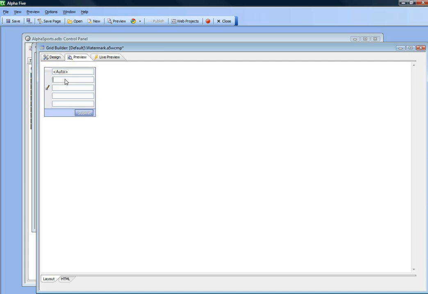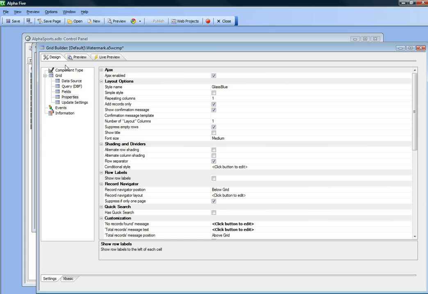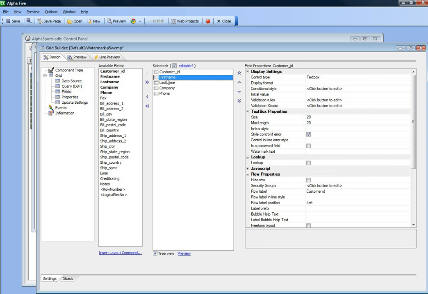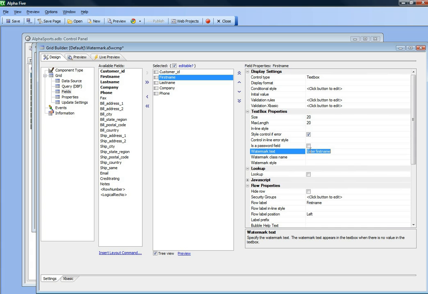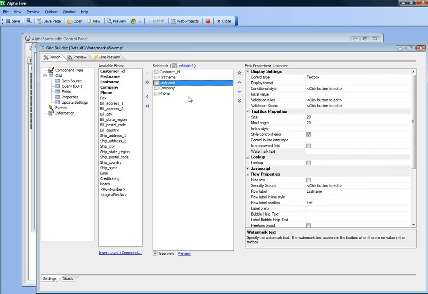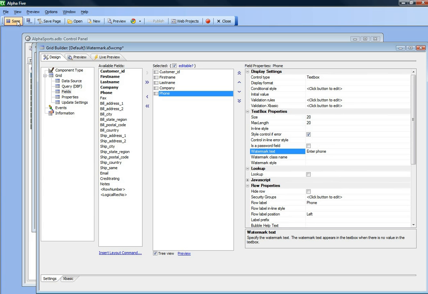So now let's go and define watermark fields for those fields over there. So we'll go now to the first name field, and we'll define a watermark that says enter first name, and let's just copy that to the clipboard, and then we'll go to last name and we'll change that to enter last name, enter company, and enter phone, and then we'll just save that away, and then we'll go to preview, and you can see now